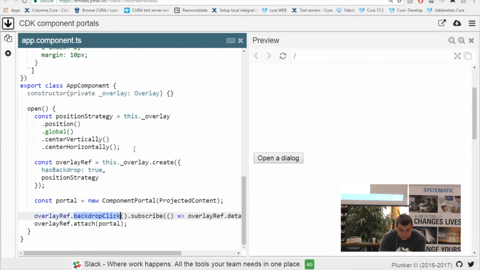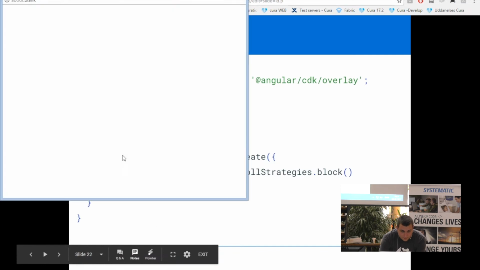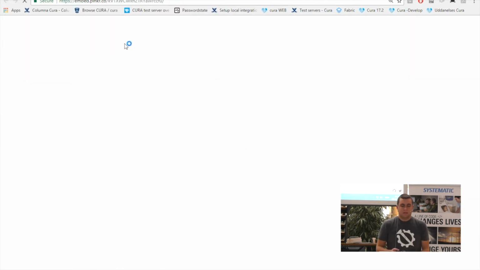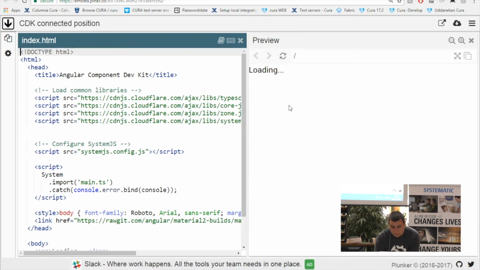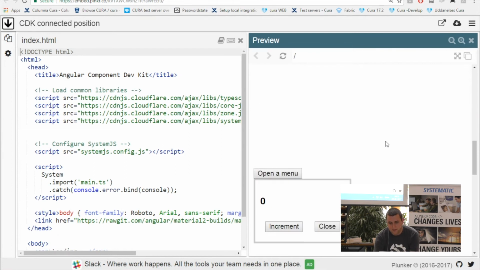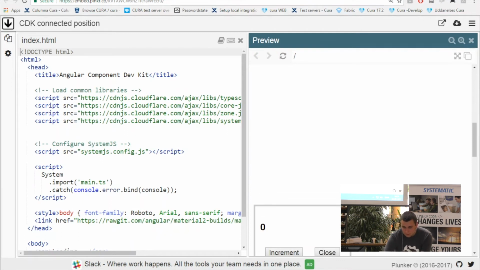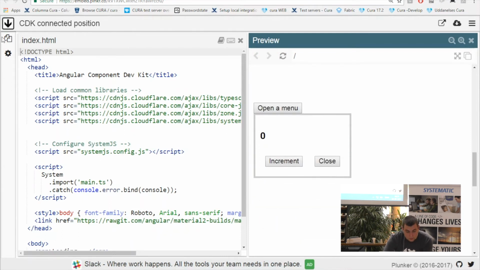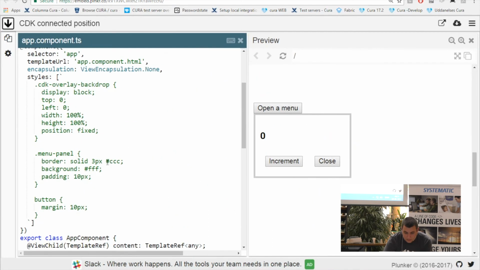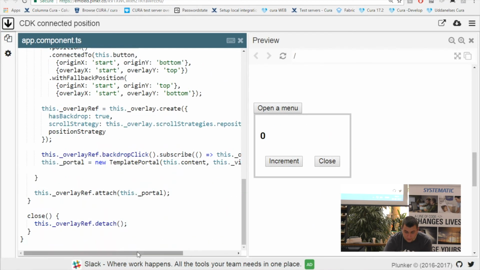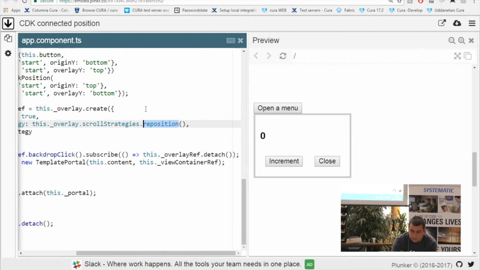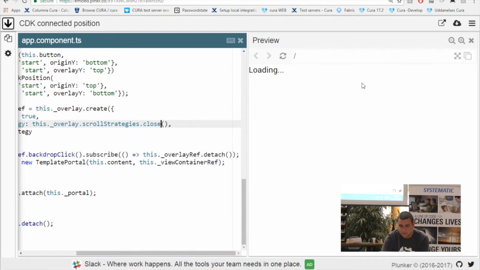Then, for the reposition strategy, you can see now if I scroll down, it's actually at the proper place, and if I scroll away, it's going to update the position, which can be pretty useful. I can also show you a demo with, instead of repositioning, we can also just tell it to close. So let's say close. Yep, and now when I open it,